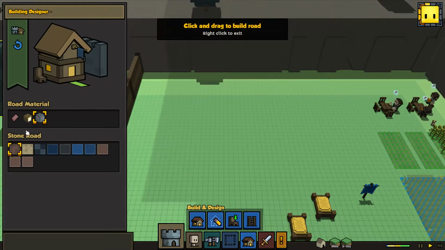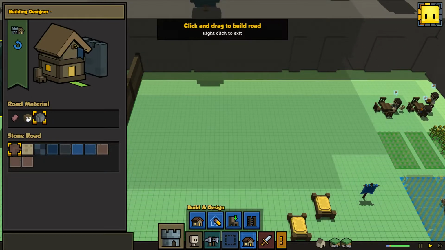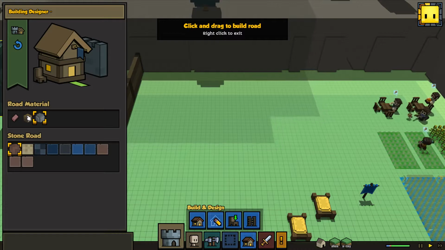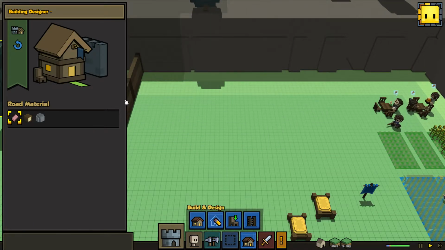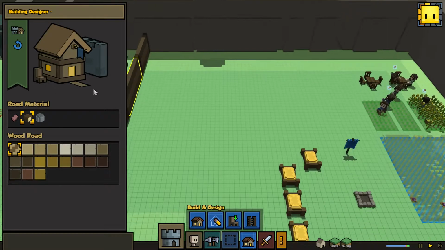Okay, that's new. They added more stone types for the road. That's cool. I guess you can't have a yellow brick road, but they've got to add that soon, am I right? You could, of course, erase... or apparently you can't erase, because...